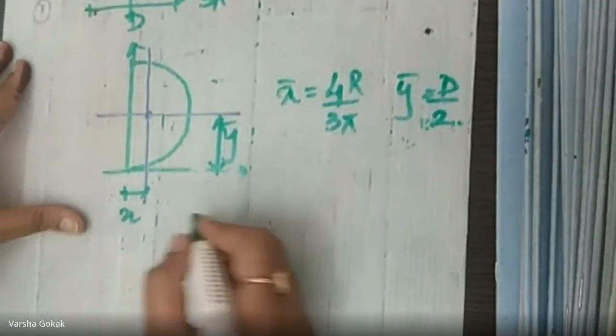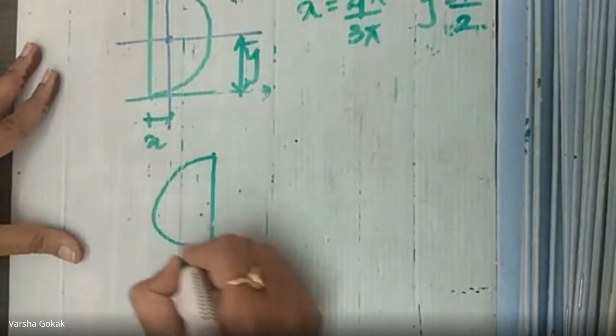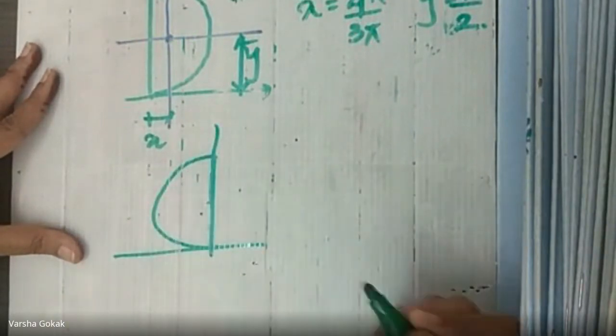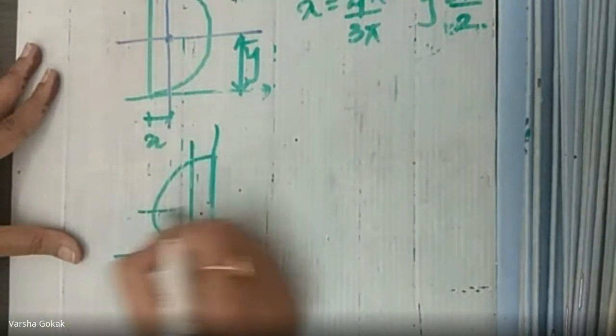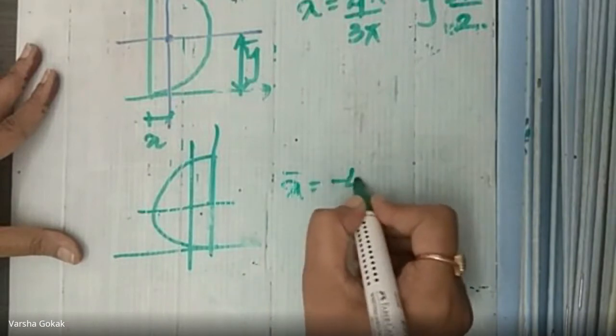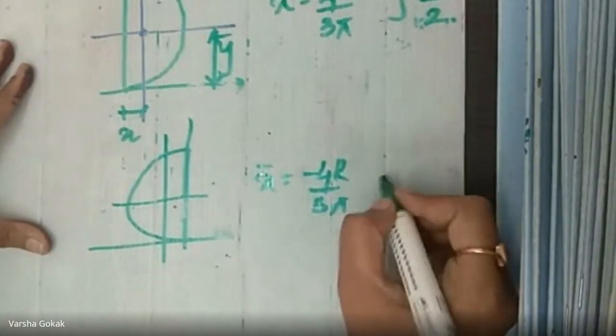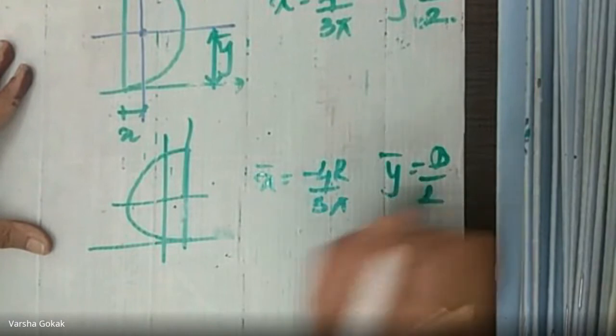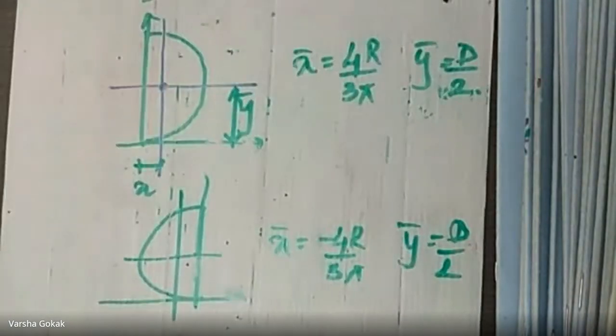Both are positive. Same thing can be done when I place a semicircle in the second quadrant. Correct? So x bar becomes minus 4r by 3 pi and y bar becomes d by 2. Same you can do when I have it in the inverted way. Right? Apart from this, one more way he can confuse you or the figures can be given is,